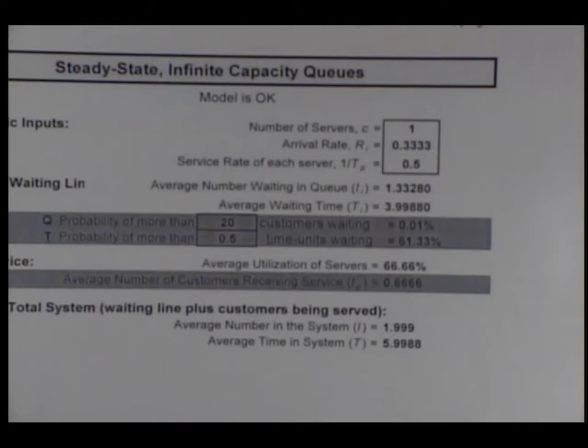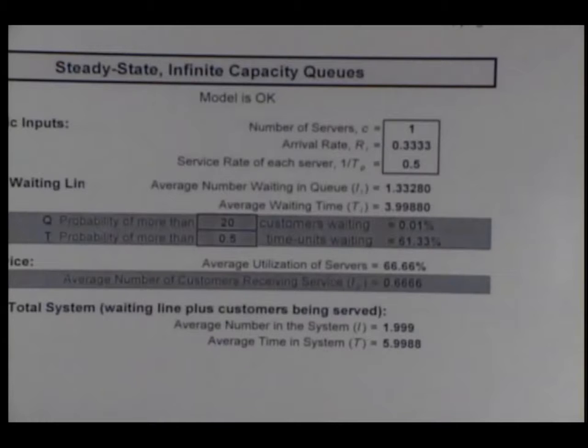Zach, do you know? Would it be the average number waiting in the queue? Nope. You said it was the average number waiting in line? Nope. So I'm talking about how often those servers are going to be busy. Spencer, what do you think? The servers are busy. Is it the